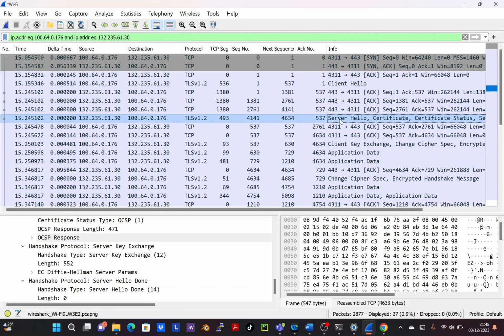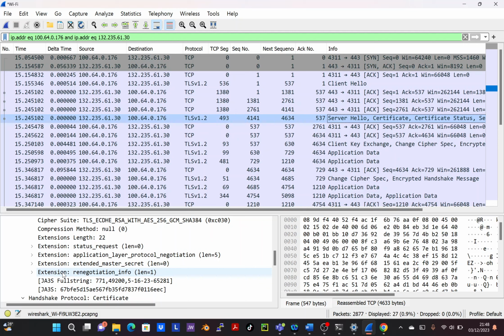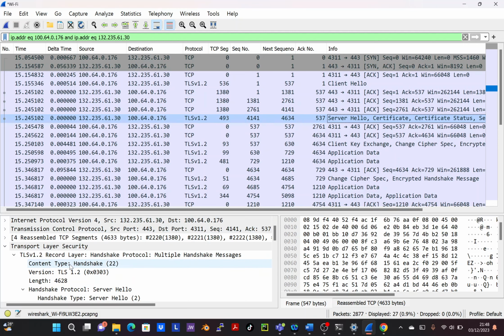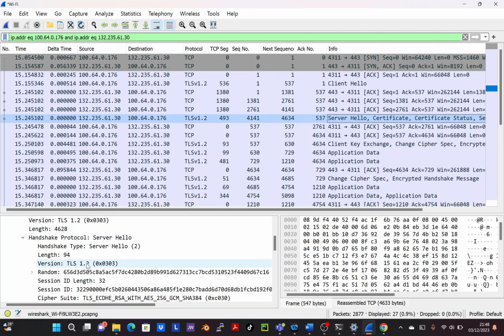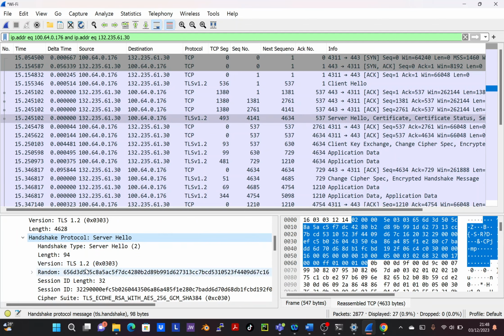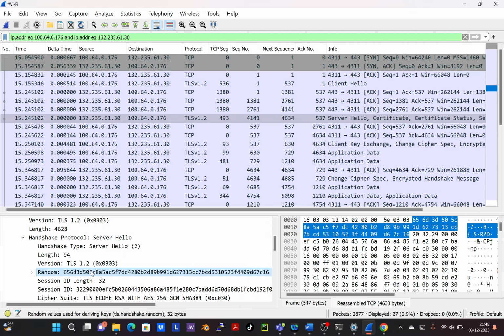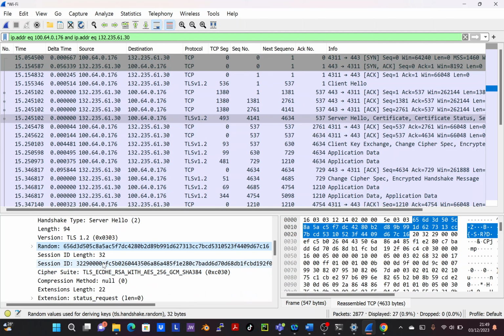Now what happens if we continue? You see that the server also returns its message. In the server hello message, we see what was selected. We have the session ID and the random number that is used to generate the session key. And this is the cipher suite, which is TLS Diffie-Hellman curve, and that's what is selected. Definitely, this is the curve type that has been chosen by the server side, and that is what it is going to use for the